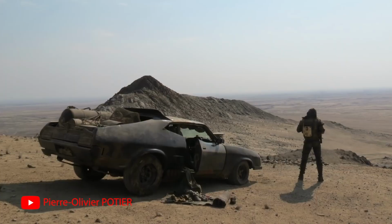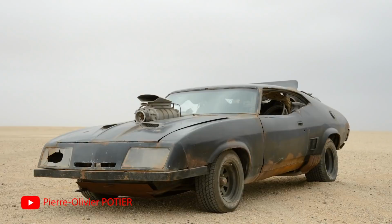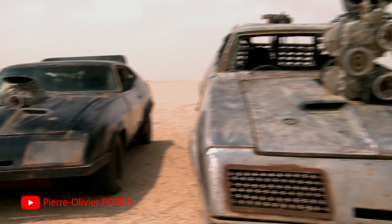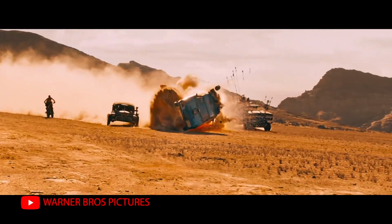I could go on and on about the detail put into each one of these insane contraptions, but let's just start with Max's Stallion, a 1972 Ford Falcon coupe with a Scott hat and a blower. Woo! Which, spoiler alert, gets restomodded again. Much like any classic Western, the hero always had his favorite horse, and that's no different in the Mad Max franchise, and this Ford Falcon coupe is